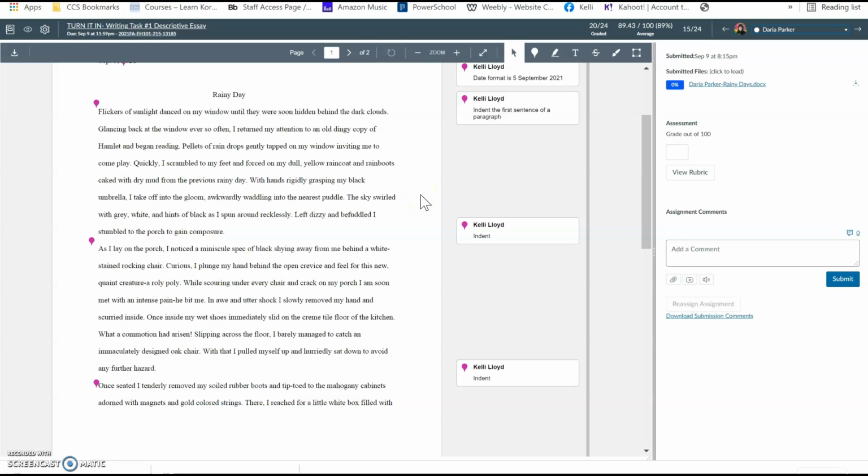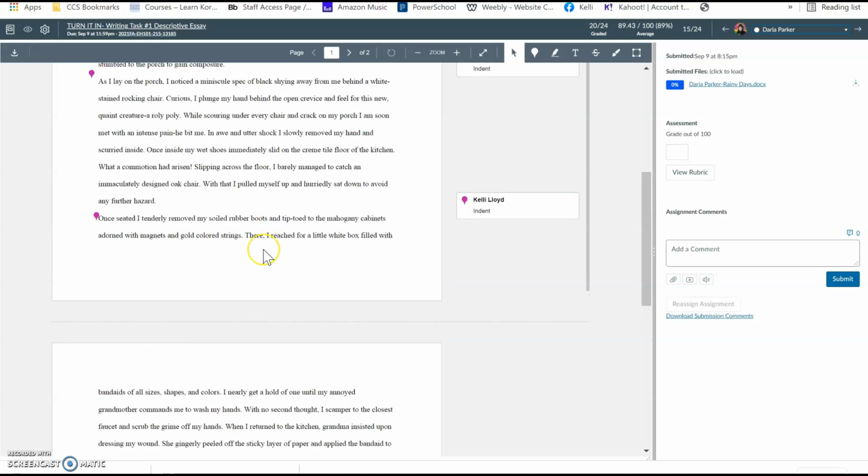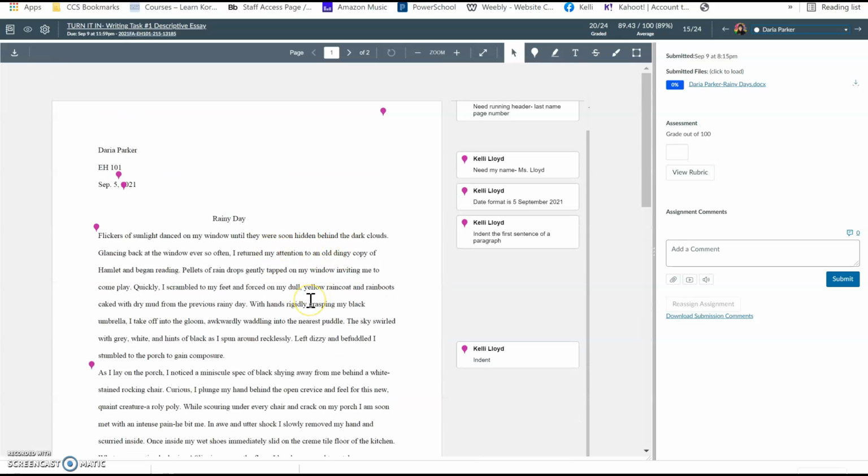confines of the prompt. So what you could do is, if you wanted to talk about rainy days, I think you talk about your grandmother. I think it was your grandmother, yes, because she took care of a wound. Maybe you associate rainy days and your grandmother. And I'm just spitballing here some ideas of how to kind of rearrange it. In your introduction, just say that was what you decided to talk about, rainy days with your grandmother, and like how